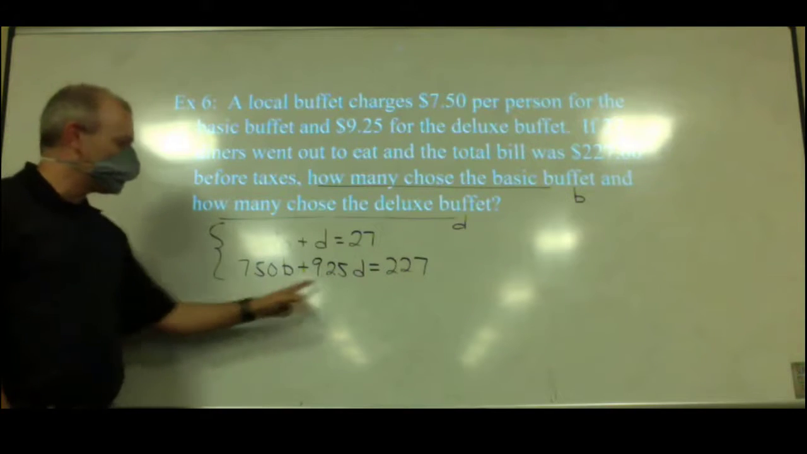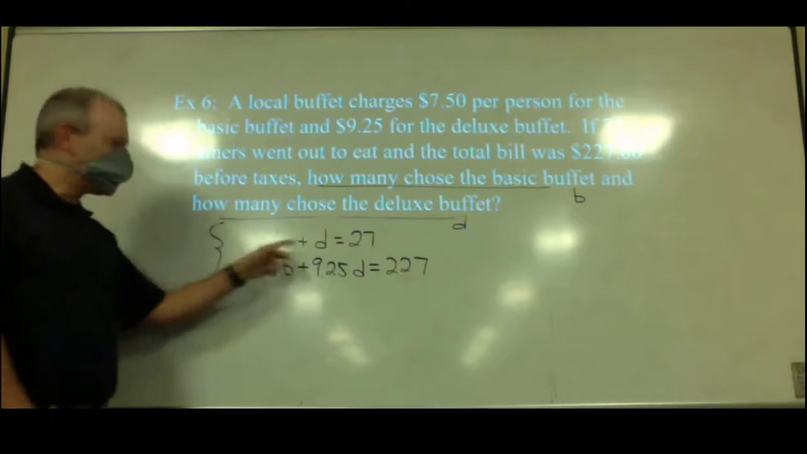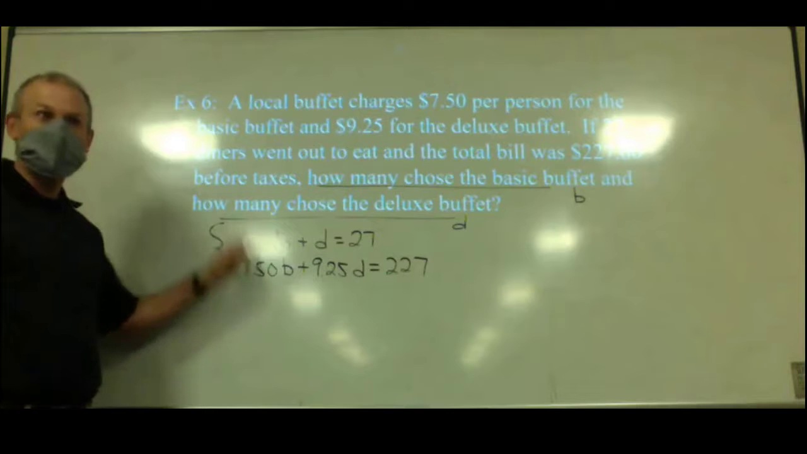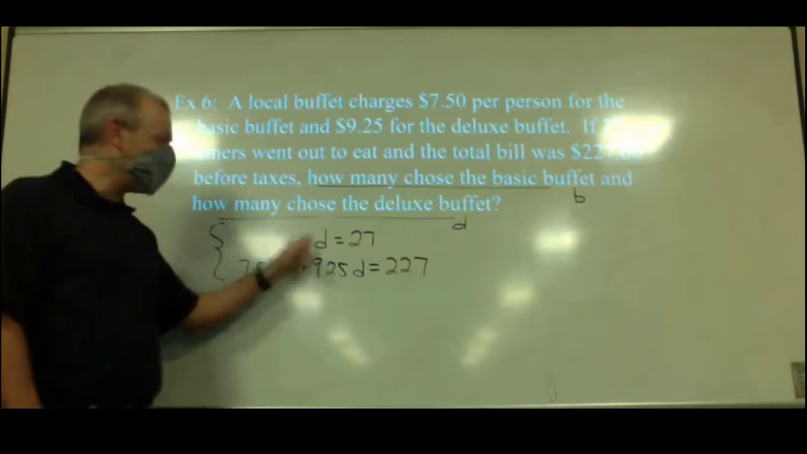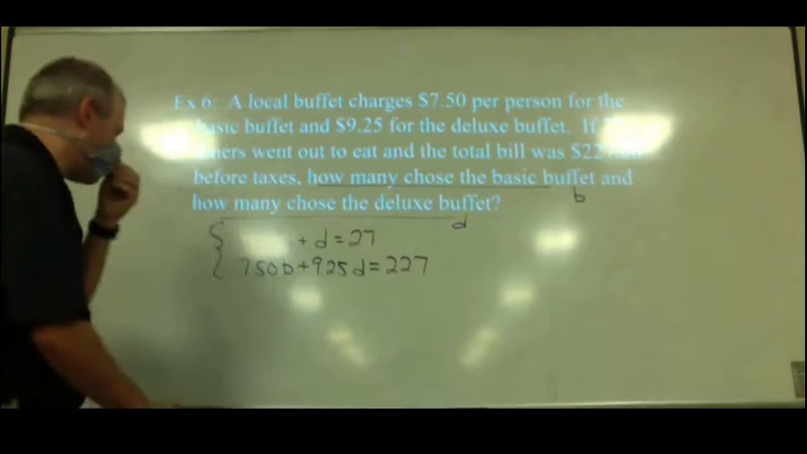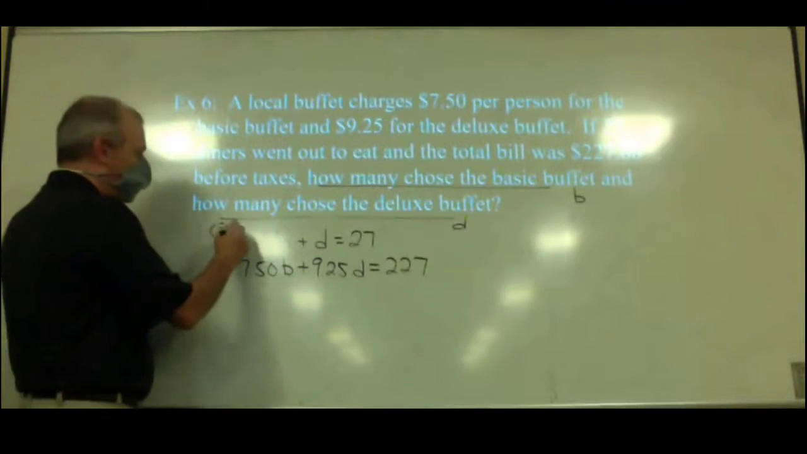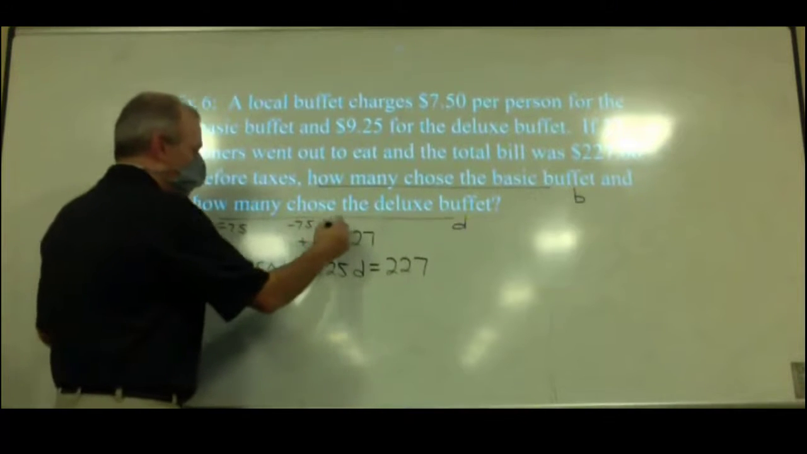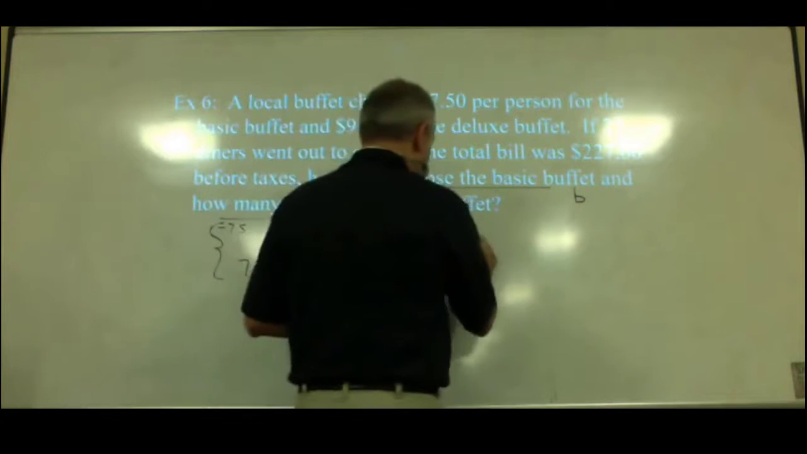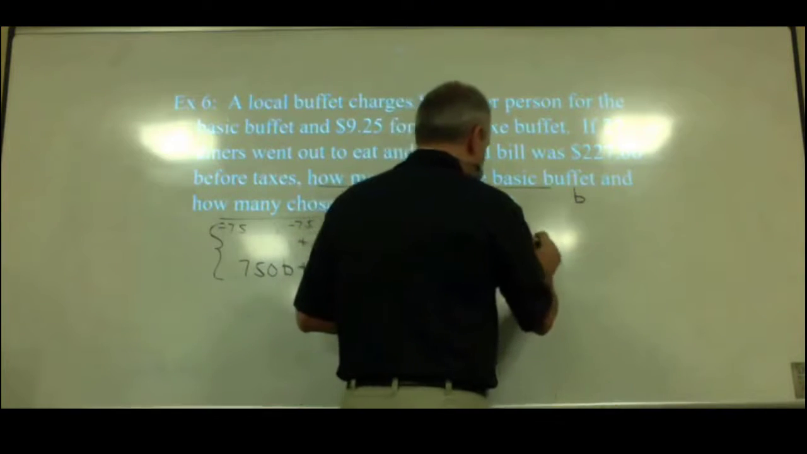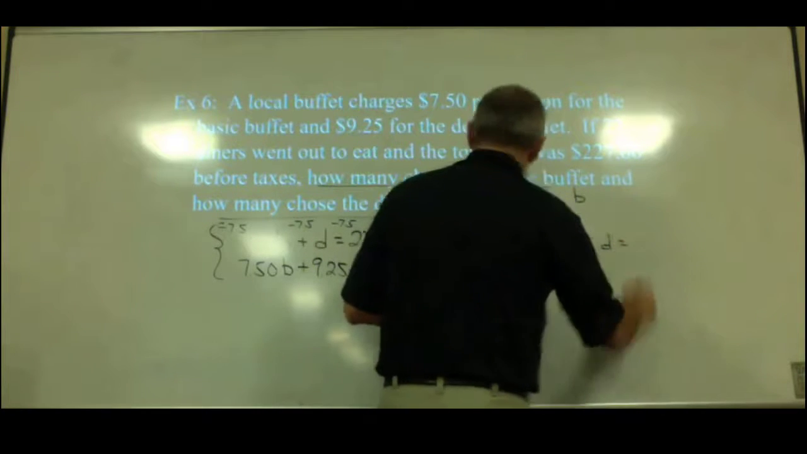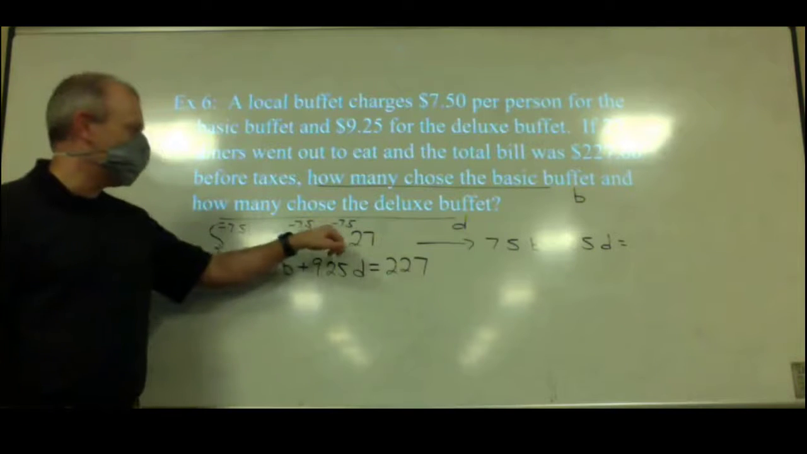I want to match it up with this or this, right? And these are both just ones. So either I multiply by a negative 750 to match it up here as opposites, or I multiply by a negative 925. Let's go with the smaller one. Sounds like a good plan. So let's multiply by negative 7.5. I'm going to need your help here with this 27. So that's going to give us negative 7.5b minus 7.5d equals, can somebody help me out with negative 7.5 times